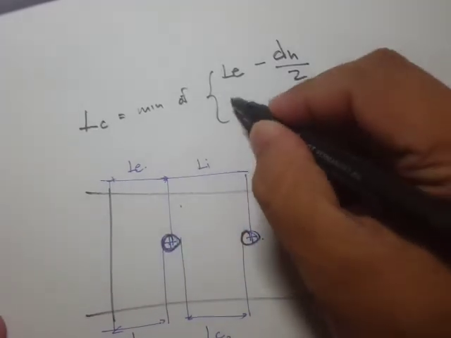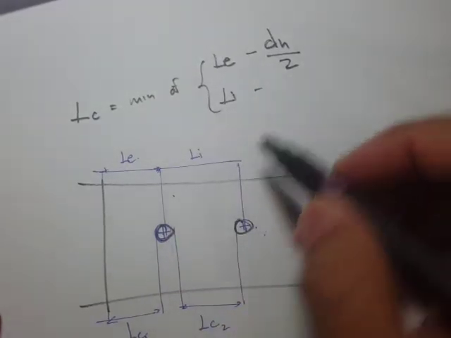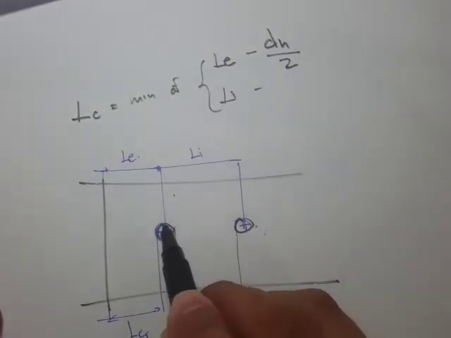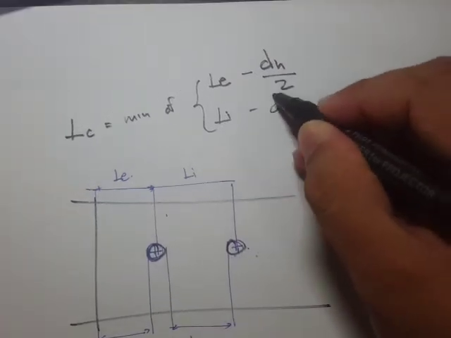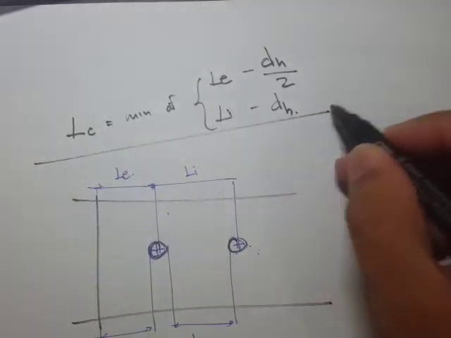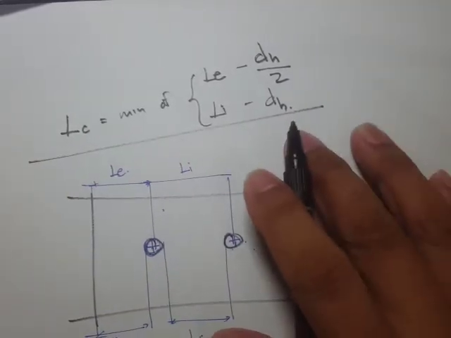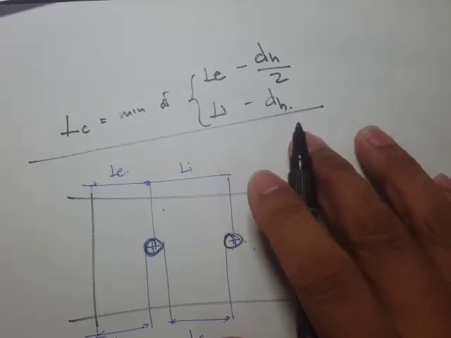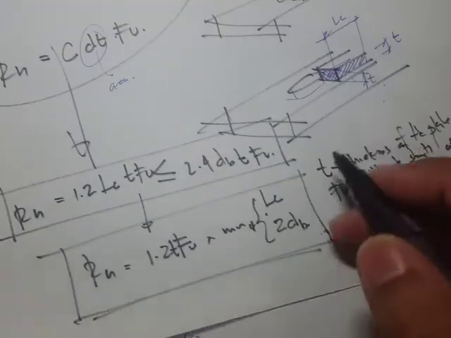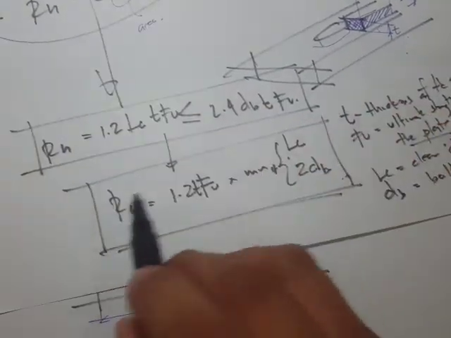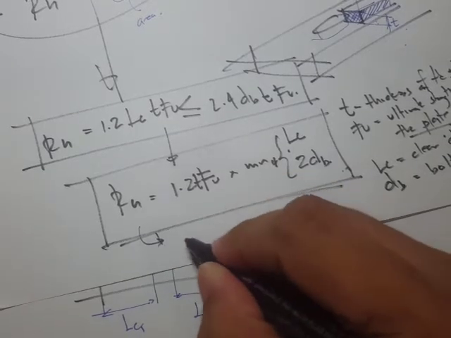But for the interior, we have Li, the center to center, minus half of this plus half of this. That's going to be minus dH. Okay, so that's our clear distance, right? So now this is our capacity, our nominal capacity, and take note, this is the nominal capacity